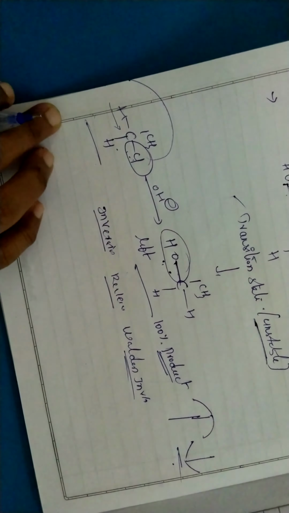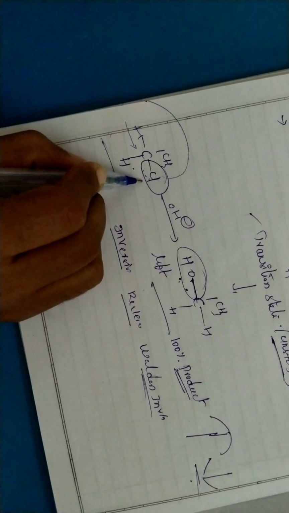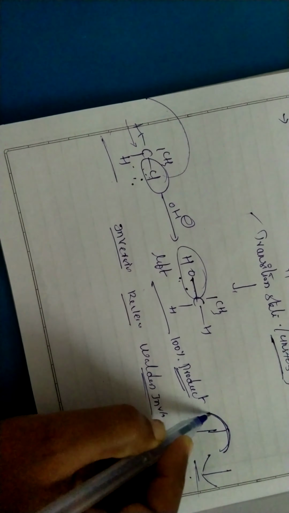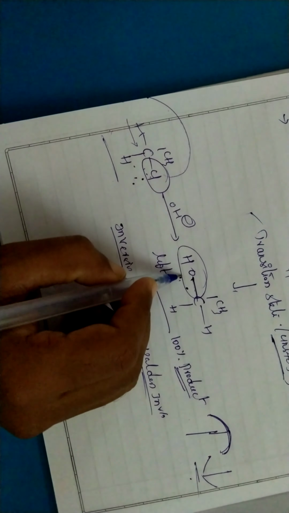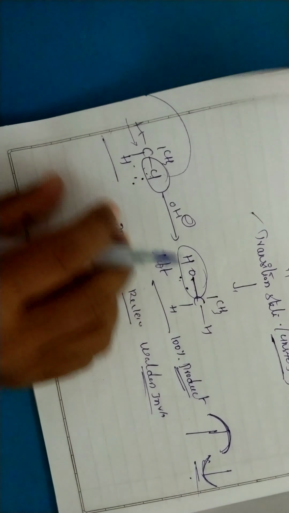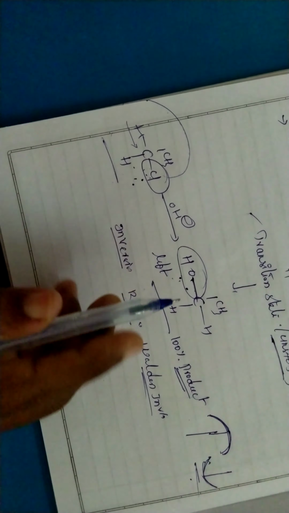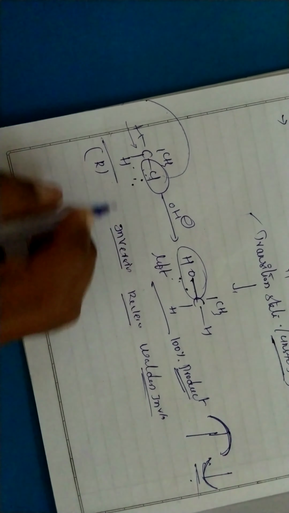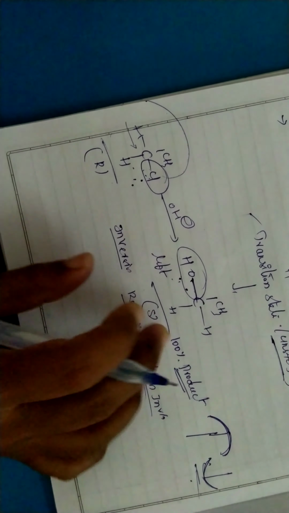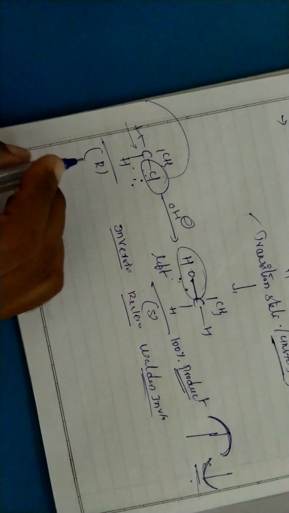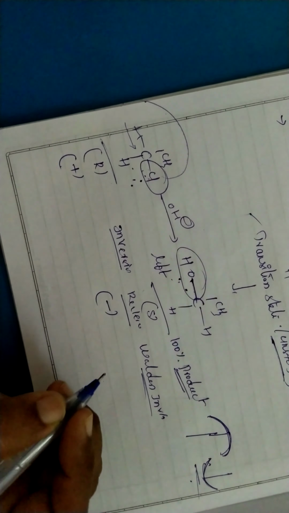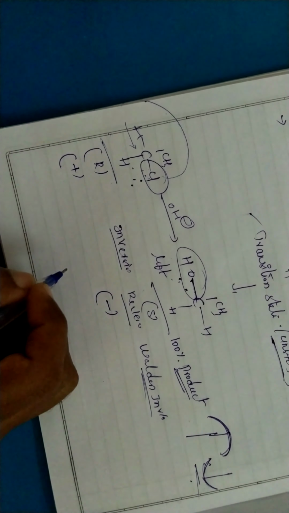Why I am saying it is an inversion: chlorine is on the right side, for example. After OH arrives, what happened? The OH comes from exactly the opposite side of the chlorine. That's why inversion is taking place. For example, if the reactant is R, the product will be S. Completely opposite product will be obtained. If the reactant is plus, the product is minus. So it is called Walden inversion.